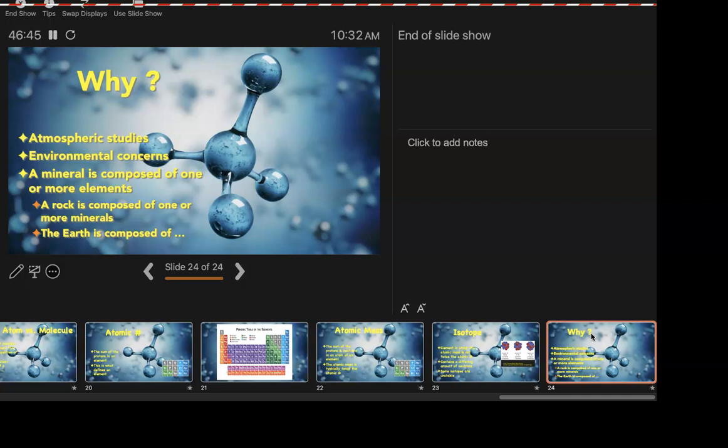A mineral is composed, as we just said, of one or more elements. And a rock, guess what, is composed of one or more minerals. And what do you think the earth is made out of, right? A whole bunch of rocks. So that's why we did this. And that's how it's related. All right, so